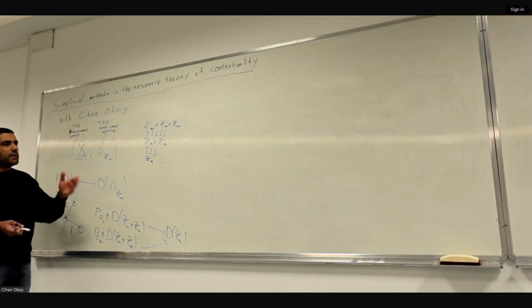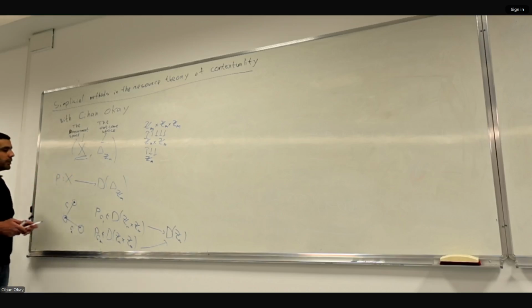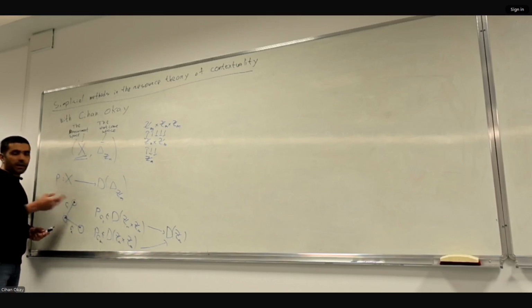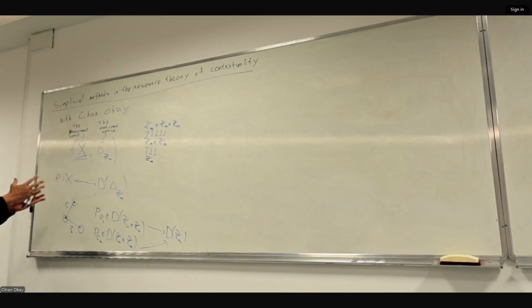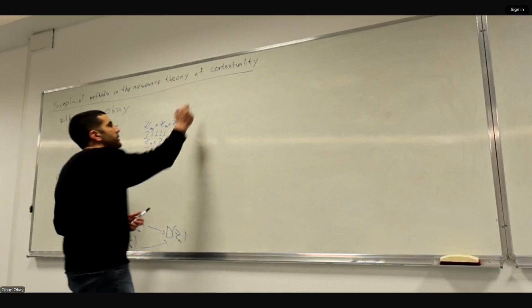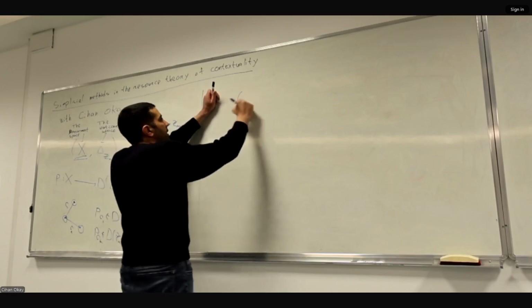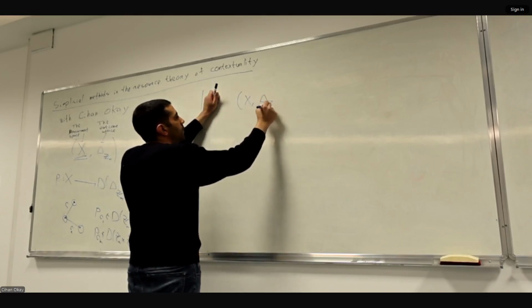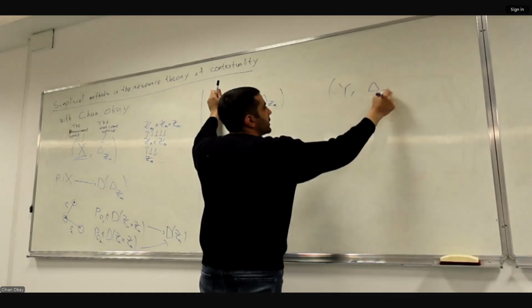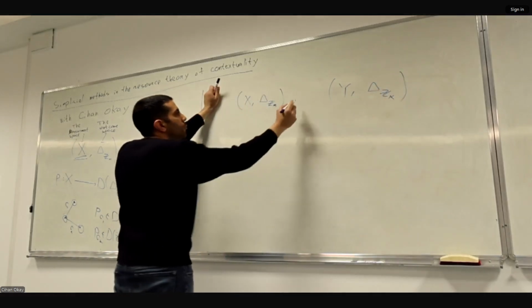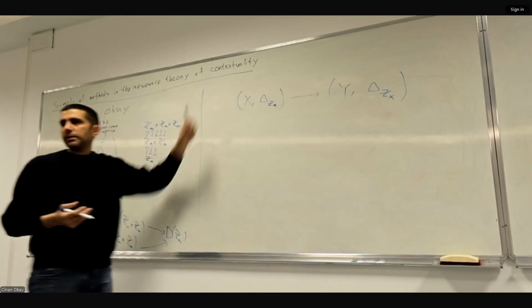But now we need to generalize this language, because sometimes one measurement has two outcomes, another has three, and another maybe has 10 outcomes. This is one of the things we need to generalize. Also, in terms of morphisms between scenarios: this is one scenario, and this is another scenario, Y with delta Z_k. We want a morphism between scenarios. How can we get a morphism between scenarios that induces